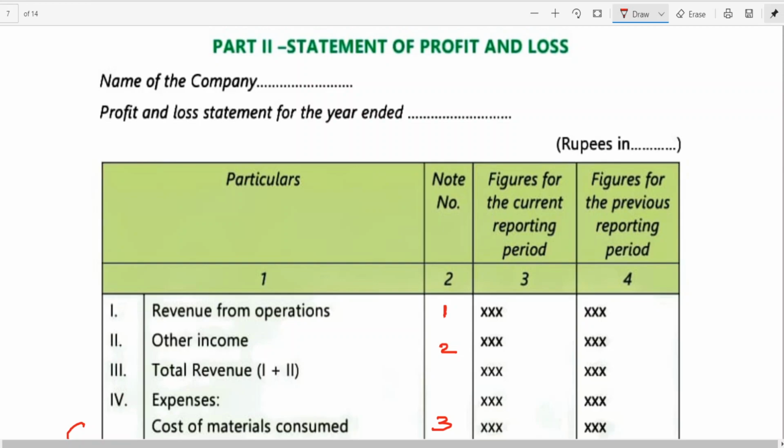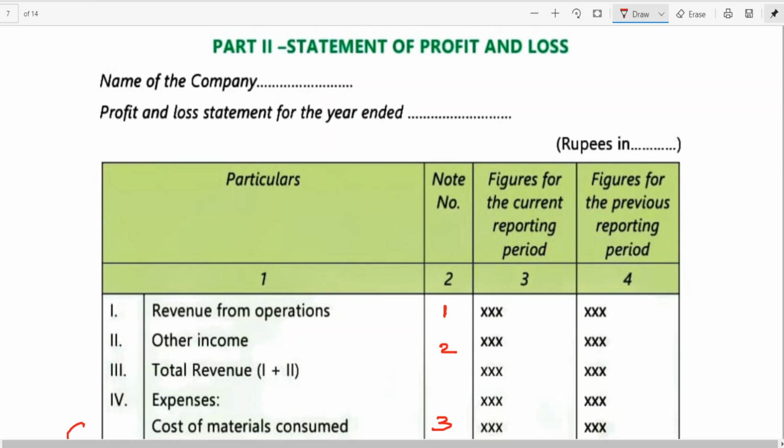Then that particular part we can fill up only after completion of part 2, because when you look at schedule 3, you need to follow schedule 3 thoroughly. There should not be any deviation. Like, sir, without getting net profit we can't prepare the balance sheet. That's true. So only that particular item we won't write. We'll leave the space in notes to account for reserves and surplus, approximately 5 to 6 lines.